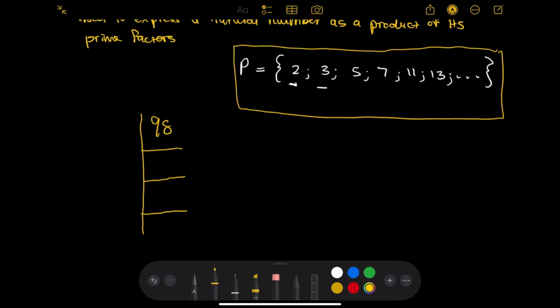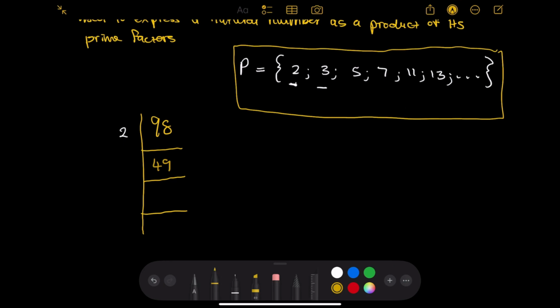Or rather that 98 can be divisible by to give me a number without a remainder. Then I know that it's my number 2. Then 98 divided by 2 gives me, which number does it give me? It gives me